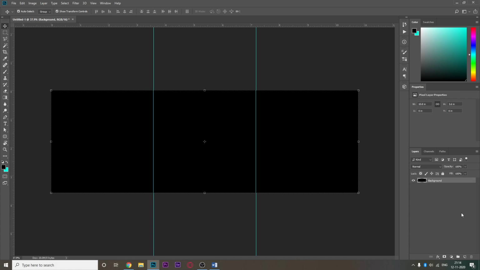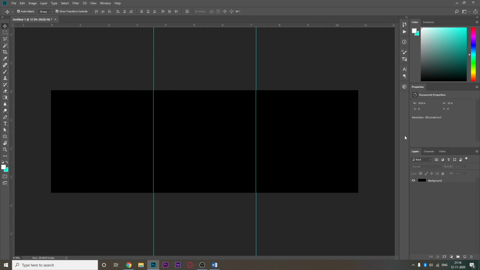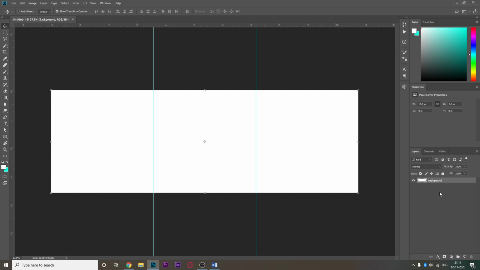So now, how is the thought process that goes behind making these posts? Firstly, I want an attractive color palette, because I'm working on an Instagram post, and these are the thumbnails of sorts. These are the first posts that people are going to see before swiping in. I want it to be attractive. I want it to be unique, if I may say so.